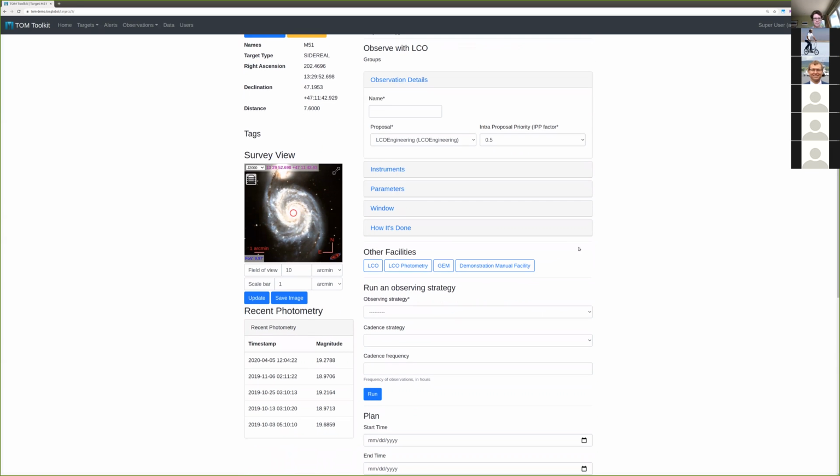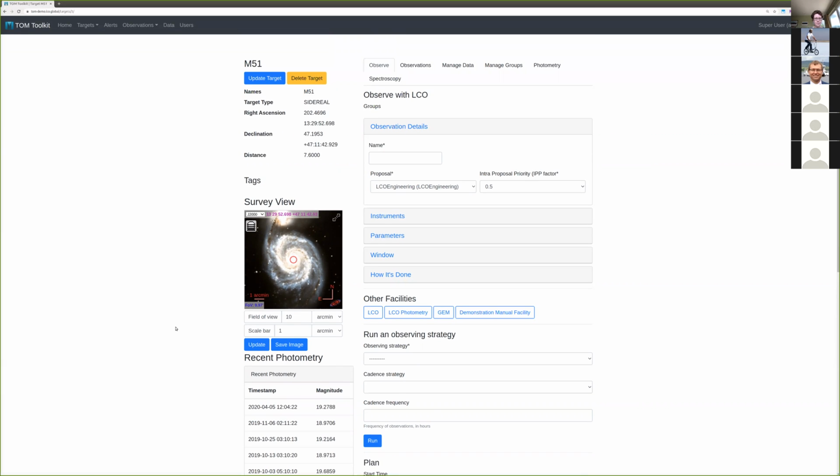So one of the second things I want to highlight here, and this is a very simple one, is we have a little template tag here for recent photometry. It's extremely simple. It's just for this particular target, the last 5 photometry points that have been added to it. And then we also have this